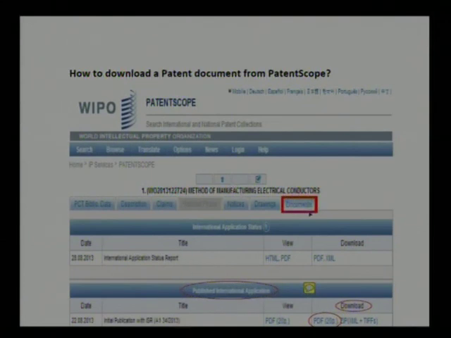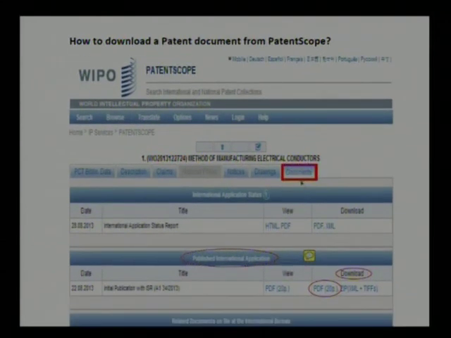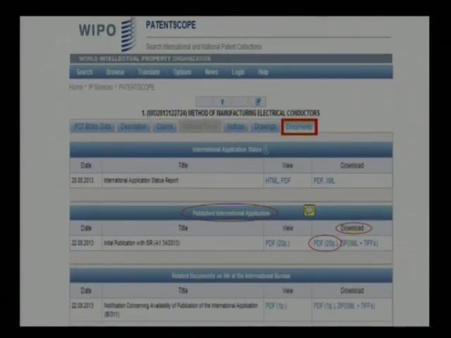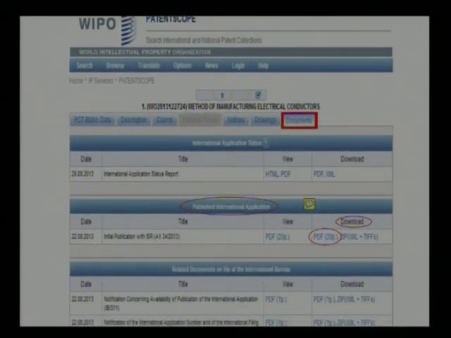Now this is the documents part. If you click on the documents part, under the published international application, just select the PDF, click on the PDF. So all the e-version documents will be downloaded in the PDF format. Okay, so this is how we have seen the patents